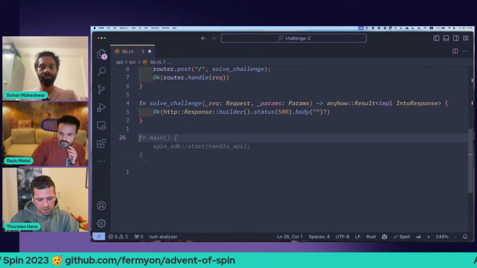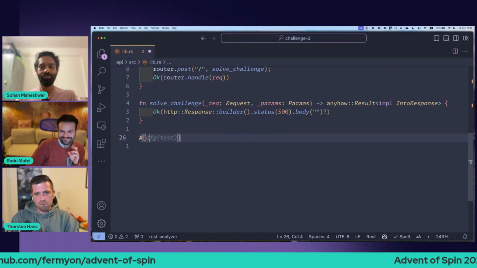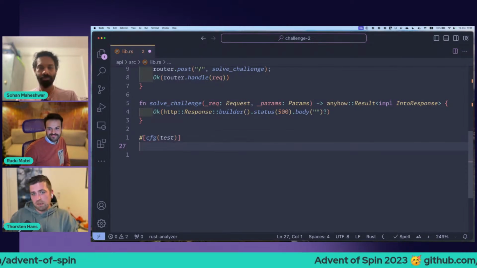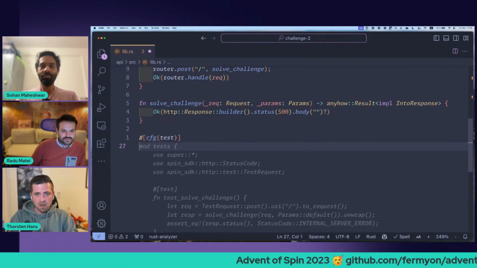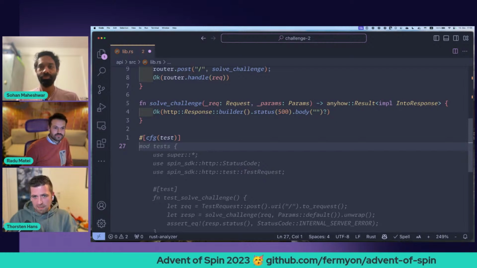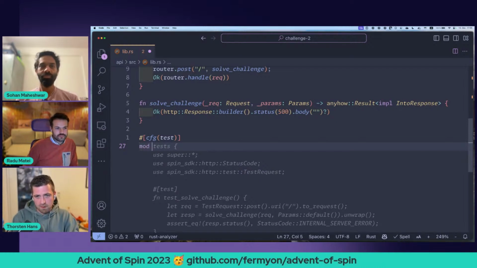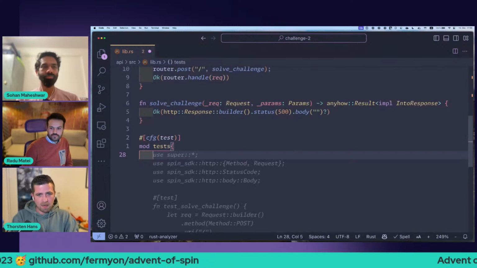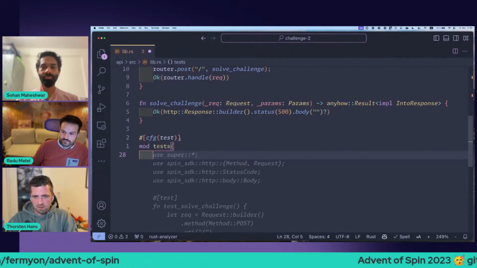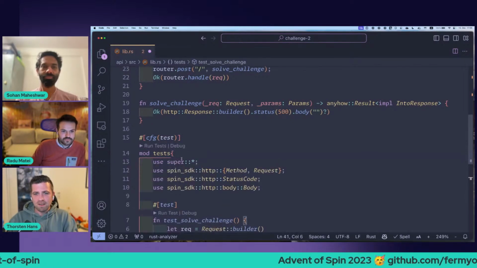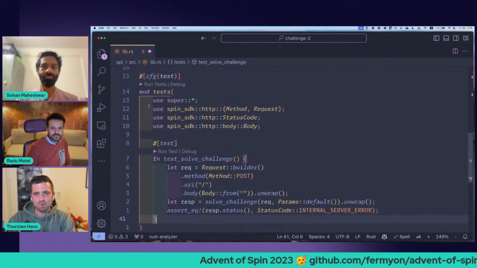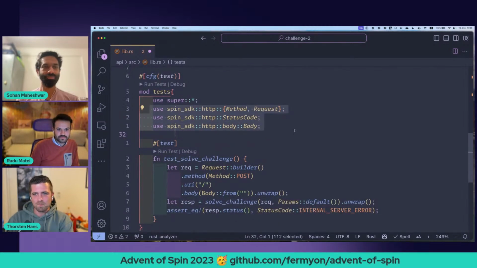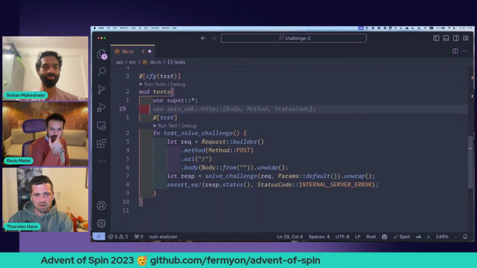So what we can do is say, if we are in a test execution context, we want to have the tests module over here, and Copilot suggests a lot of things. Let's just accept the default and get rid of what's not in our mind right now.